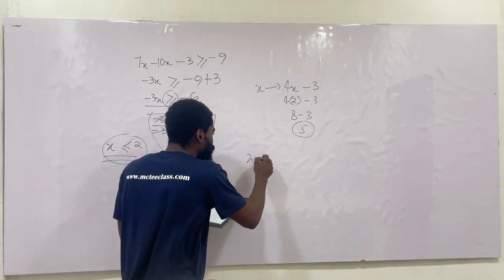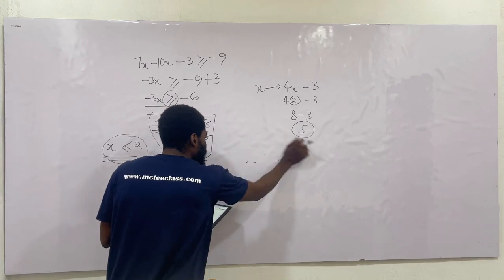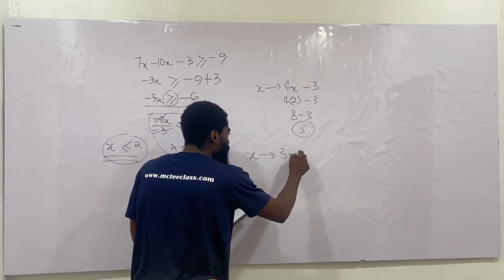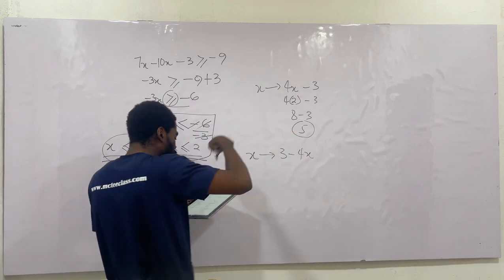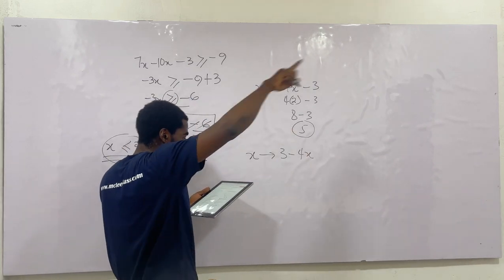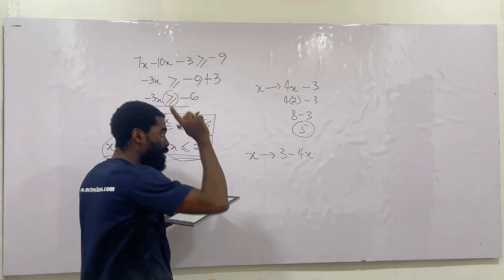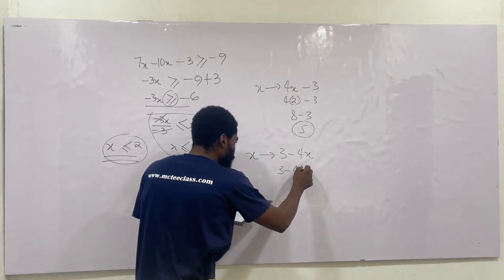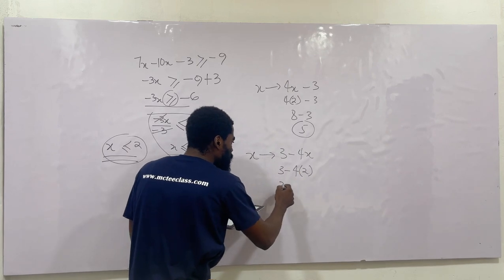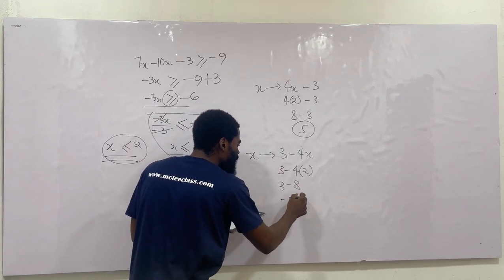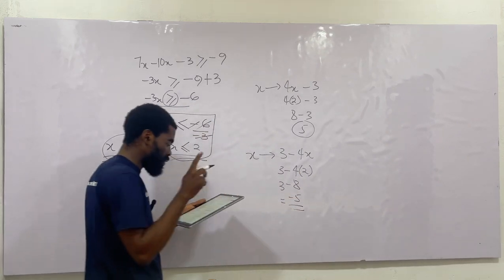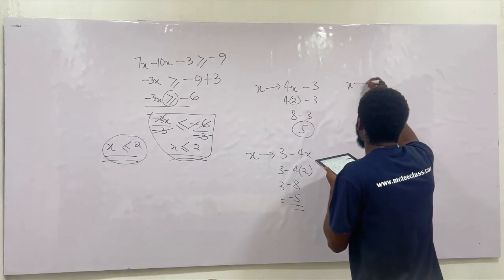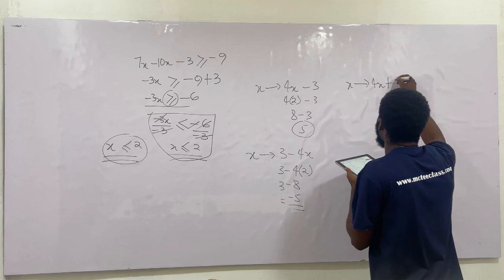x maps onto 3 minus 4x. I'm picking once again x equals 2 from the domain, because the domain are the x values. So I'll get 3 minus 4 into bracket 2. This gives me 3 minus 8, and that gives me negative 5, of which that is also wrong. Then I try the second one, which is the C, which says x maps onto 4x plus